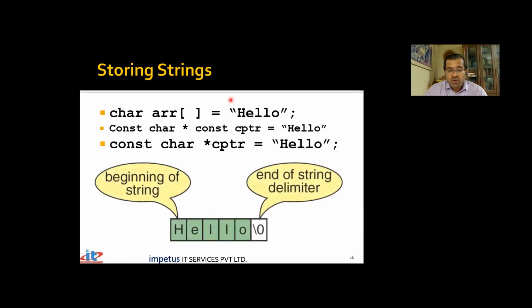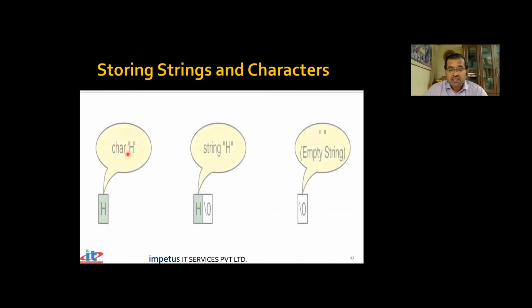So when you create this string in double quotes, hello, how does it get stored? HELLO, and what gets stored is backslash 0. Although backslash 0 is not considered to be part of the string, it still occupies memory. So HELLO is 5 bytes plus one more byte for backslash 0. So when you create a string constant, backslash 0 automatically gets added whenever you enclose your sequence of characters in double quotes. Even if I take a single character and enclose it in double quotes, the same thing will happen.